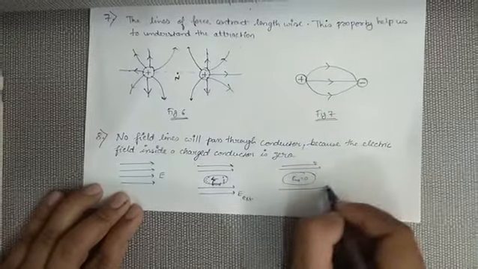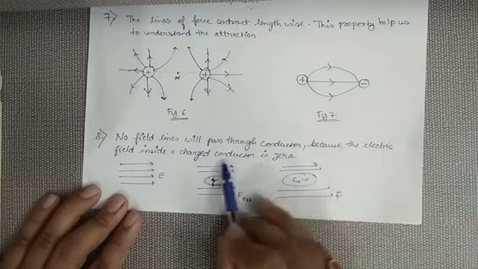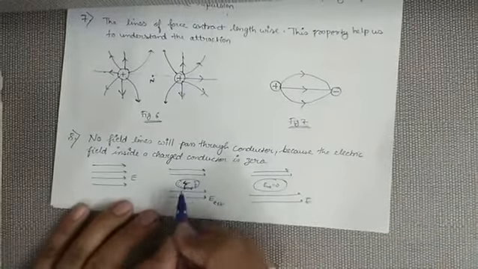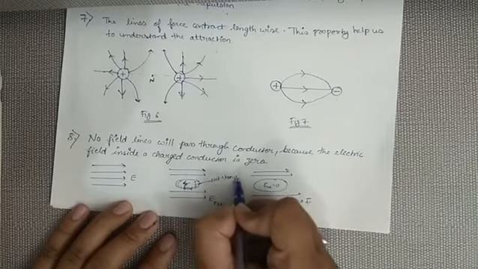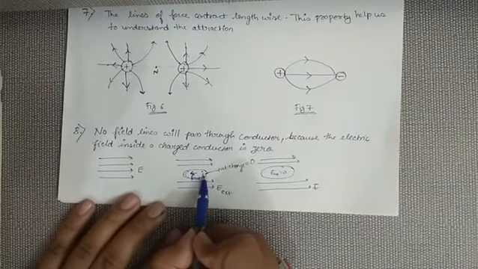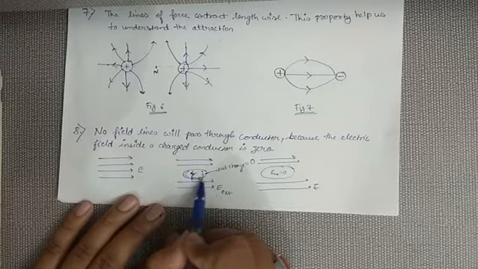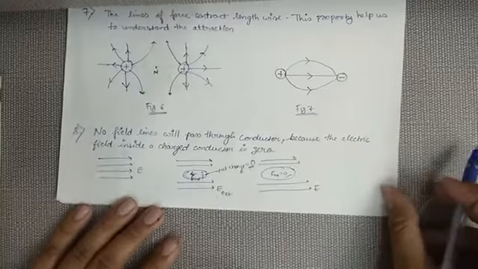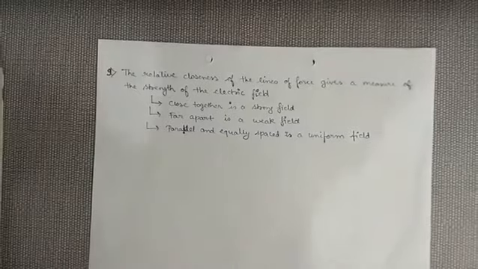So we say that the electric field does not pass through the conductor because there is no electric field inside the conductor. Or if I ask what is the net charge inside the conductor, the net charge is also zero, because equal amounts of positive and negative charge are induced. There is charge present inside the conductor but equal and opposite. So the net charge inside the conductor is zero, due to which the net electric field inside the conductor is also zero.